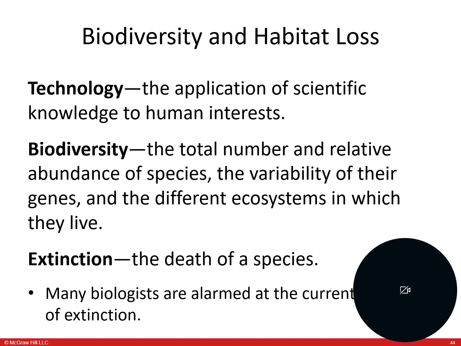Of course, the word extinction just means death of a species, or the threat of death of a species. And there are many species on the extinction list, including things like certain panda bears and rhinoceroses and hippos and elephants, of course, because of the trade for their tusks. So biologists are at this point very alarmed at the rate of extinction of certain species. We're seeing similar rates edging up to where it was for like the dinosaur era of extinction, which is scary because that's going to wipe out a huge part of certain animal kingdom populations.